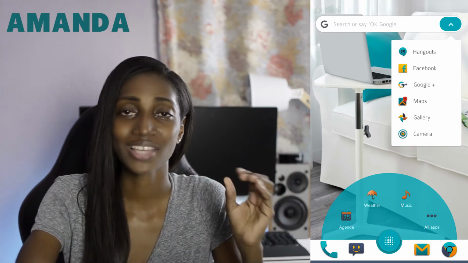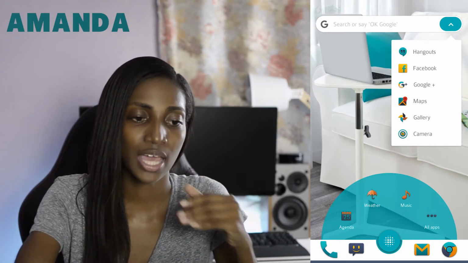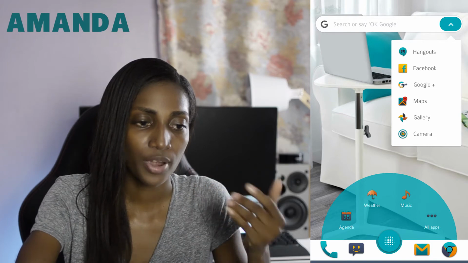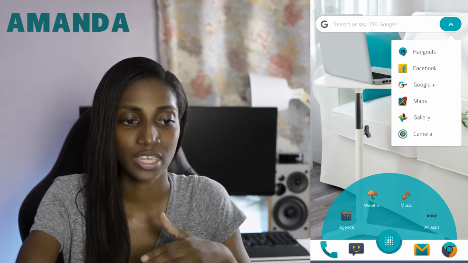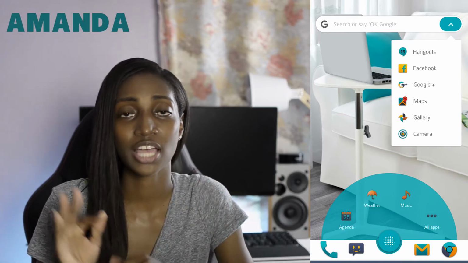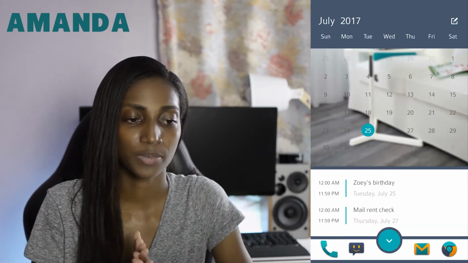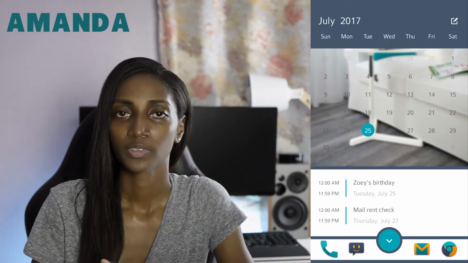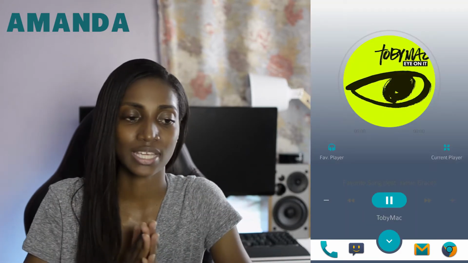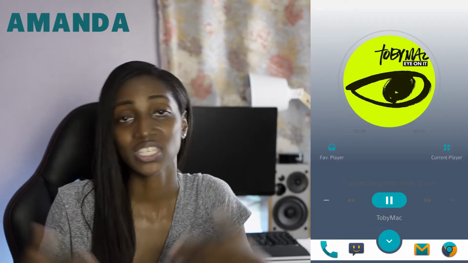Now at the bottom, what looks like an app drawer icon is not just an app drawer icon. If you actually press on it, it navigates to other pages. Now speaking of other pages, she has 3 more pages to her home screen setup. The first one being her agenda page, which features her calendar. Now the second one is her music page, which once again looks pretty minimalistic, which seems to be the idea